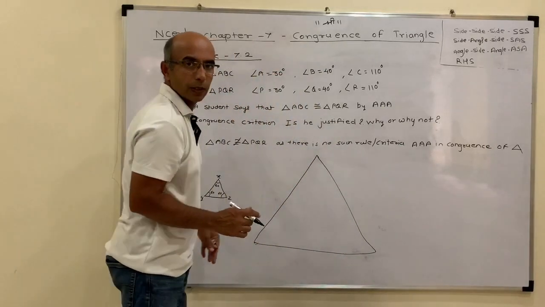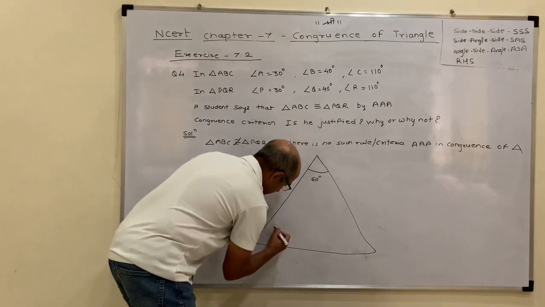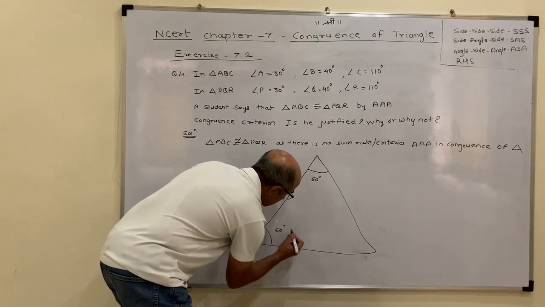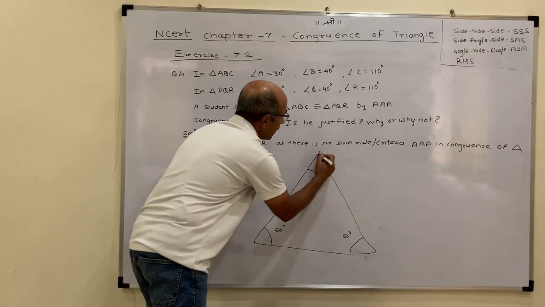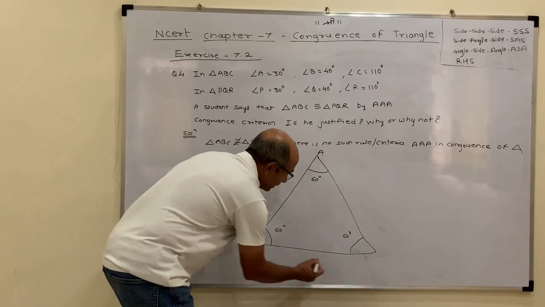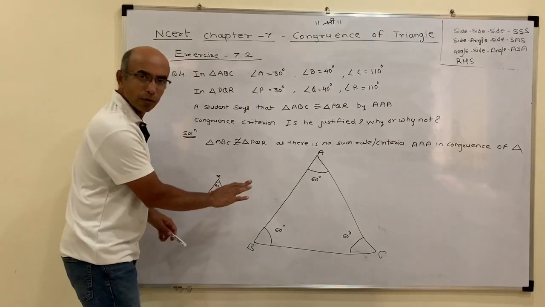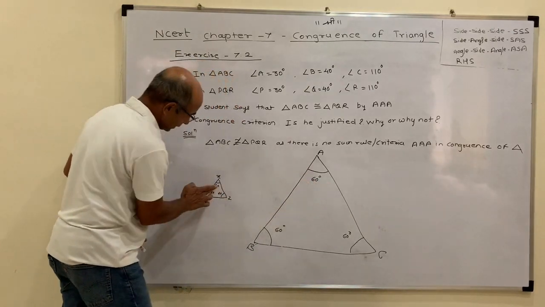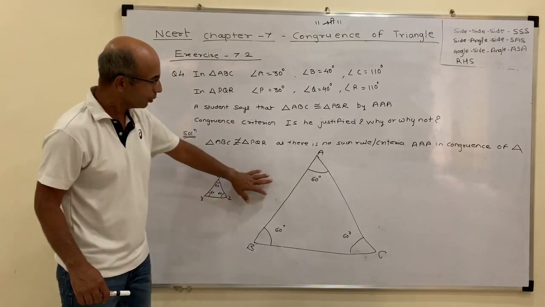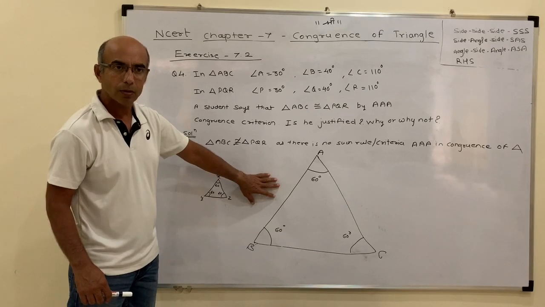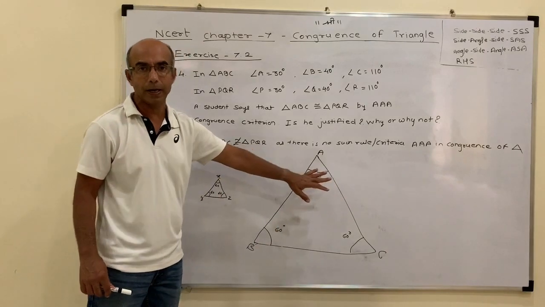So, this will explain why there is no rule of this is 60 degree, this is 60 degree, and this is 60 degree. And this is my triangle ABC. Now see, in these two triangles, these angles are congruent. These angles are similar. This is 60, 60, 60, 60, 60. Now, can you say that triangle XYZ is congruent to triangle ABC? No. You can't put triangle XYZ on ABC and simply hide it behind.